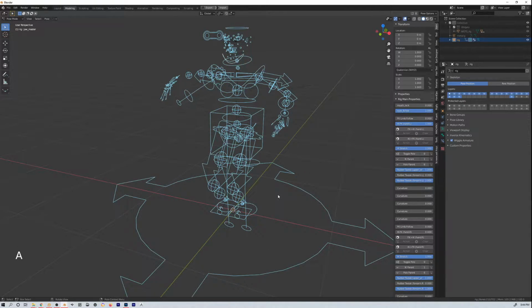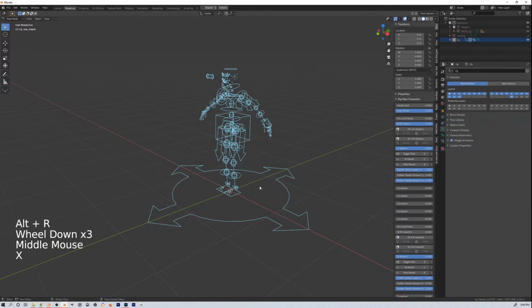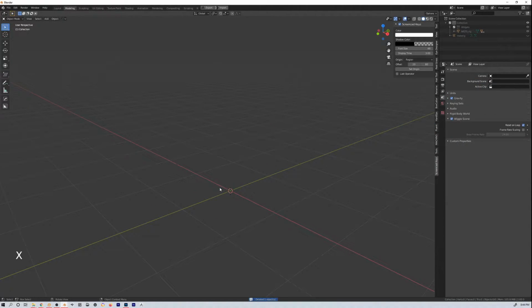Let's select everything here, and Alt-G, Alt-R, get everything back here. We're not even going to need to do that because we're actually going to get rid of that. So let's tab out back to object mode here, and then we'll get rid of this guy. Shift H, and we'll get rid of this guy too. Now there's other rigs, as we mentioned. Shift A, you have your